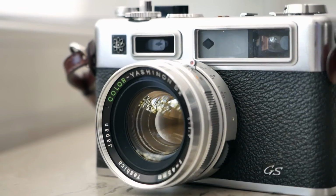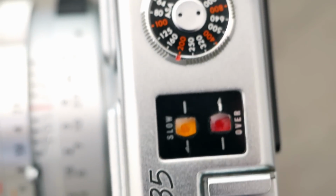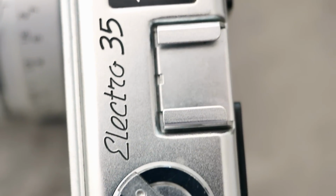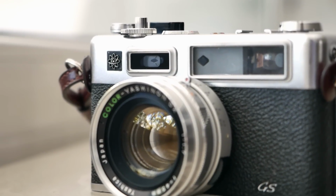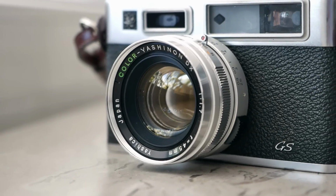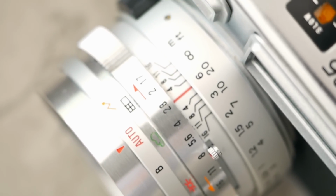So now that it is restored, let's take a closer look at the camera. The Yashica Electro 35 was released in 1970, and there are two different versions of it. One is the black one, the GT, and the other one that I have here, the silver or chrome one, carries a small GS here on the front. Its most striking feature is the fantastic 6-element 40mm f1.7 lens that close focuses to 0.8 meters, and also features